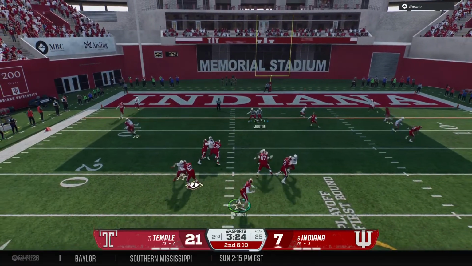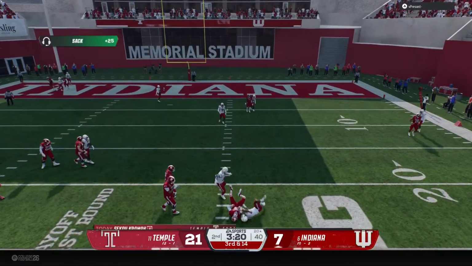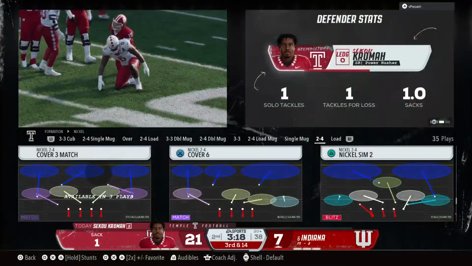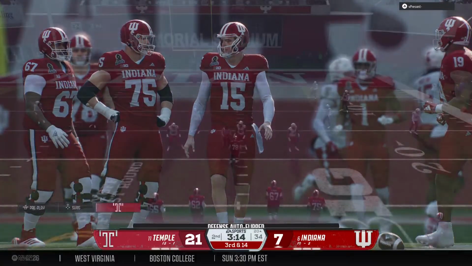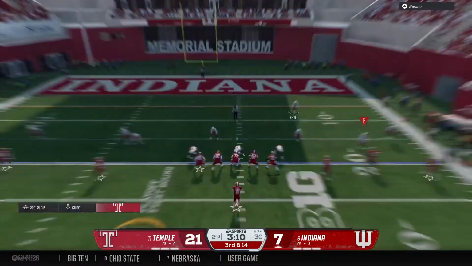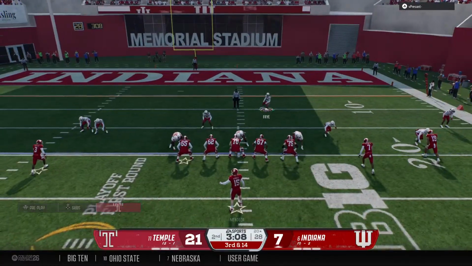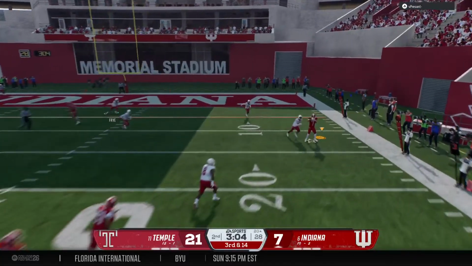Here's the snap. Looking to throw. Moves out of the pocket. Escapes the pocket, but cannot make a play, and they sack him. Finally, the defense is able to come up with a play on this drive. Let's face it, this offense has been able to put things together. Quarterback's had a nice drive, but finally, great job of getting the pressure and getting after that quarterback.